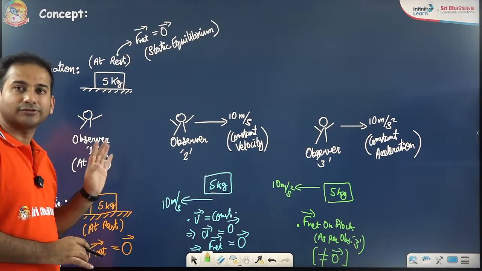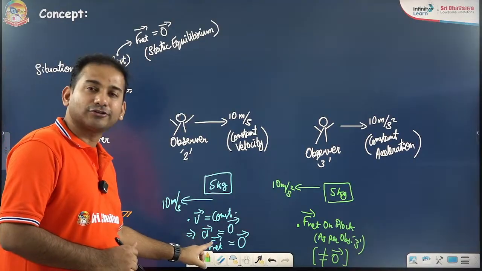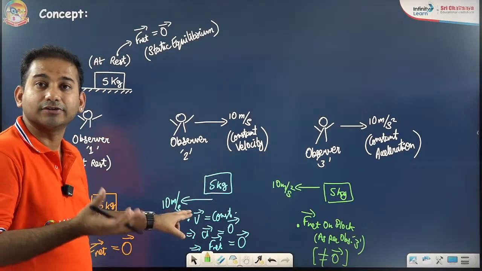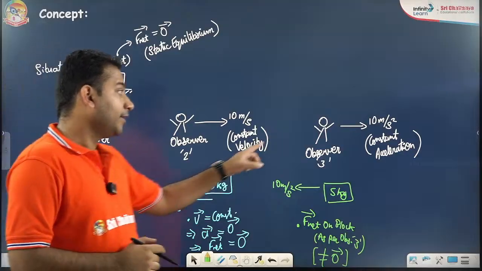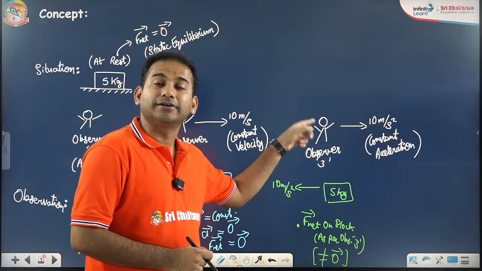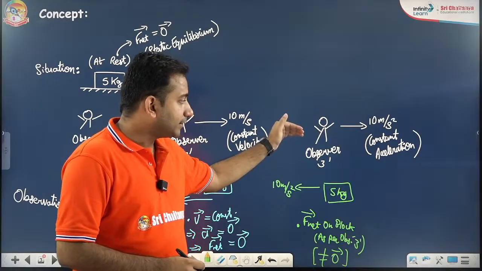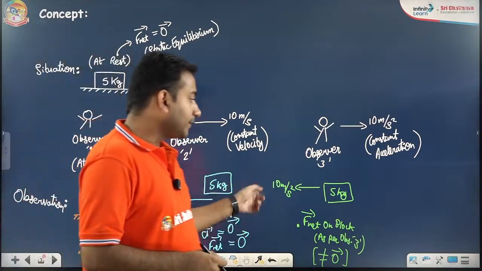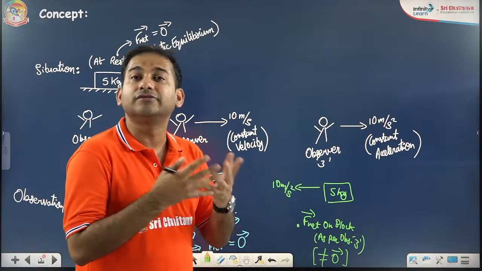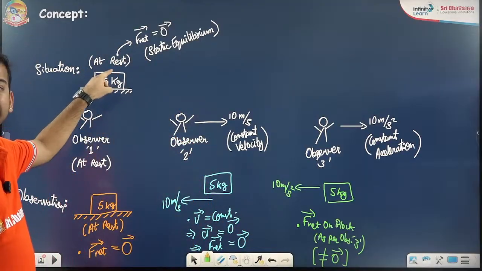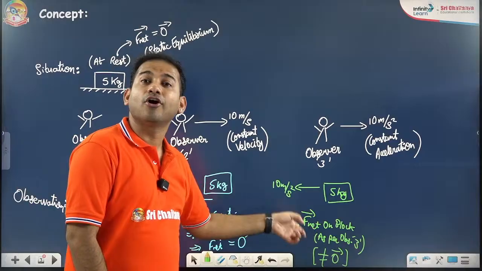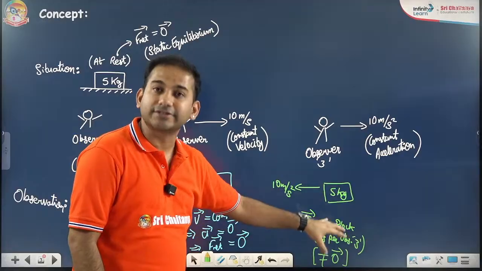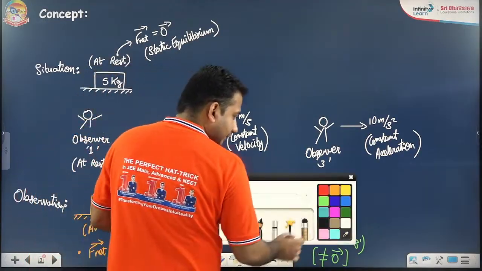Actually net force is 0. Here also net force is 0. Here also net force is 0 because the observer was moving with constant velocity, so the relative motion observed is also with constant velocity. But if the observer is himself accelerated, then the relative motion observed will also be accelerated motion. If it is accelerated motion, then there will be an observed force which was not actually existing, but is observed to be existing. There is no actual net force here, but there will be a net force observed here. This observed net force,